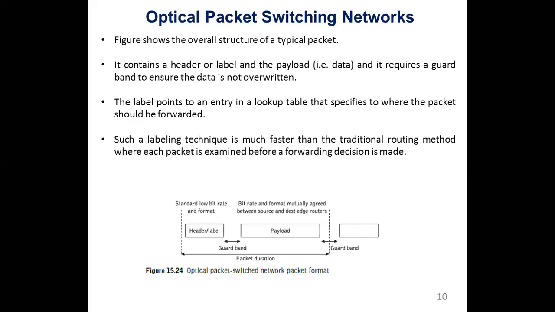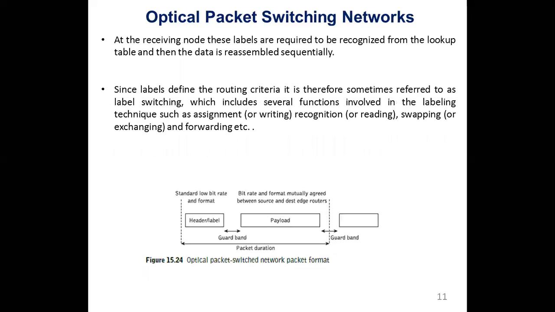The table which has been constructed using the routing algorithm specifies to where the packet should be forwarded. With shortest path routing, each packet is examined before forwarding. So this is basically what happens with even electrical packet switching. The same applies here; the only difference is the channel which we are using. However, this can be done properly if you are using a good routing algorithm.